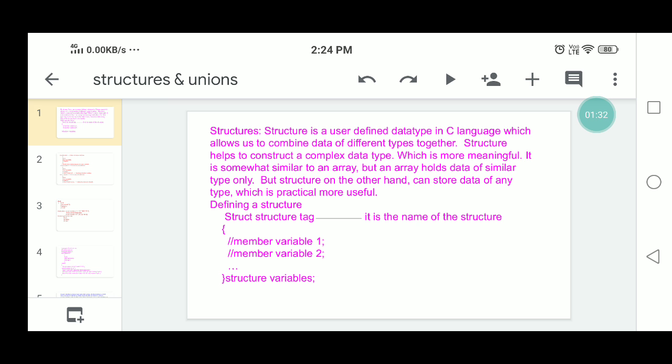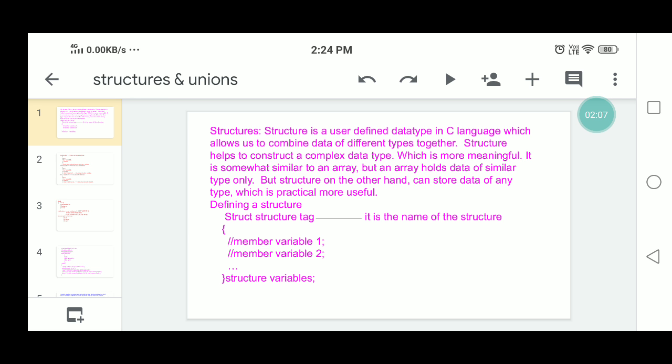In the form of records, we can use student data, employee data, books data, etc. This structure is a user defined data type in C language, which allows us to combine data of different data types together.